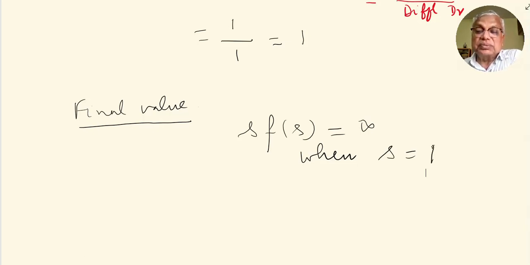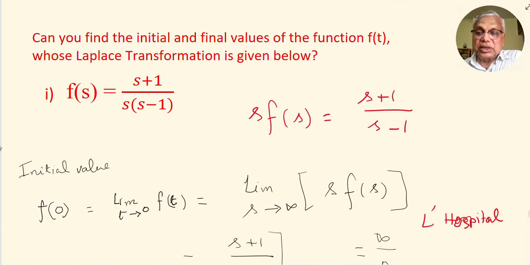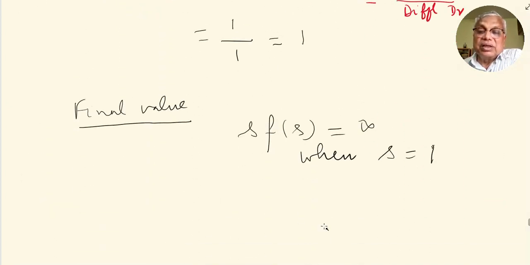If s equal to 1, when you put s equal to 1 here, 1 minus 1 becomes 0, denominator becomes 0, so the s into F of s becomes infinity. So because of this